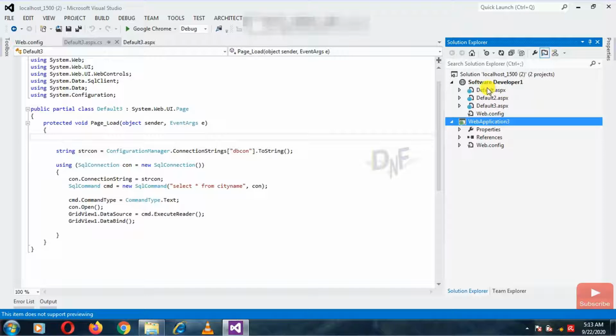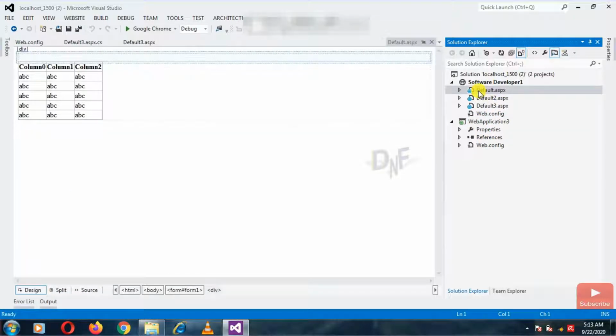You can see the new web application we have added in the same solution, and I am just going to copy all the content of that website and paste it into that web application. Sometimes we have a very long list of content files in a website project, like 100 web forms or several folders in our website, so it's difficult to select them one by one.